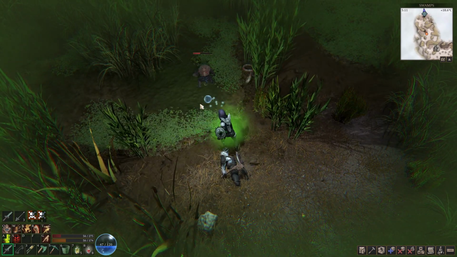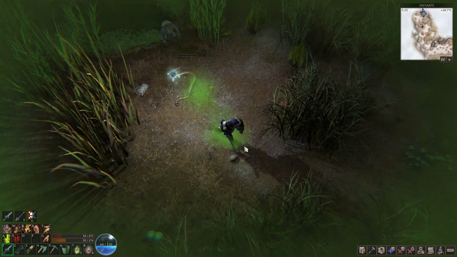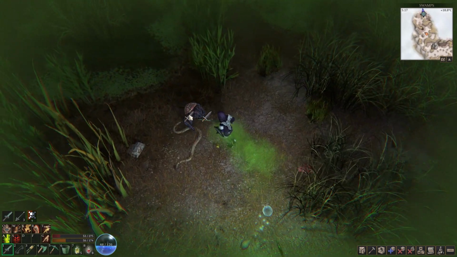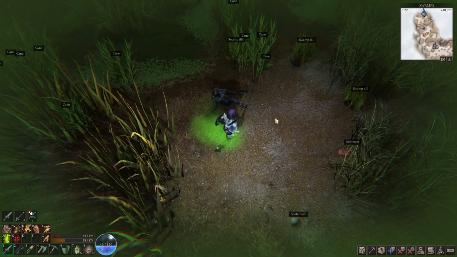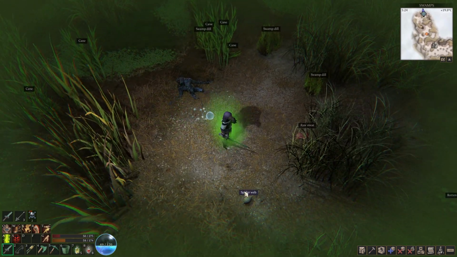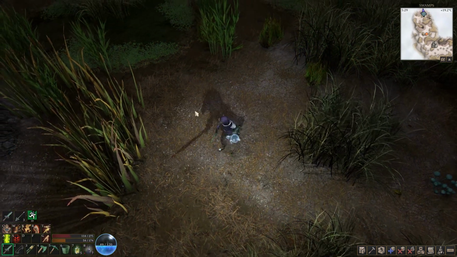So this is where you gotta be careful. I'm on the edge of the swamp, so if you get in the swamp water, and you're fighting in the swamp water, that poison will get you really, really quick. I know my health is getting low, but I think I'm fine. Yeah, we're fine. Alright, let's take a healing potion here. Let's not get too stupid because we're kind of